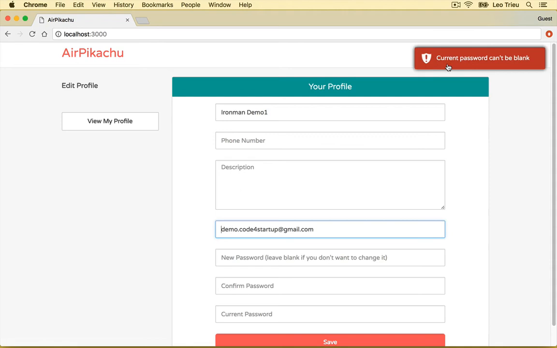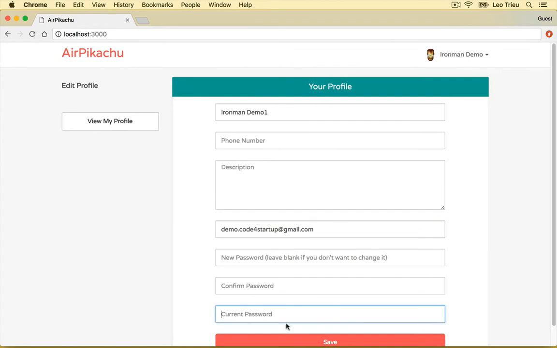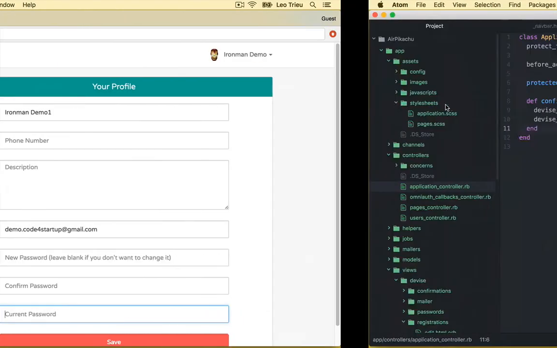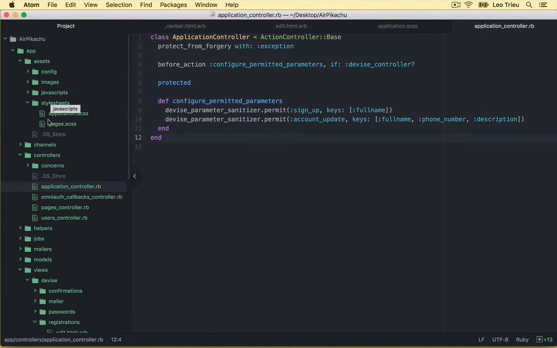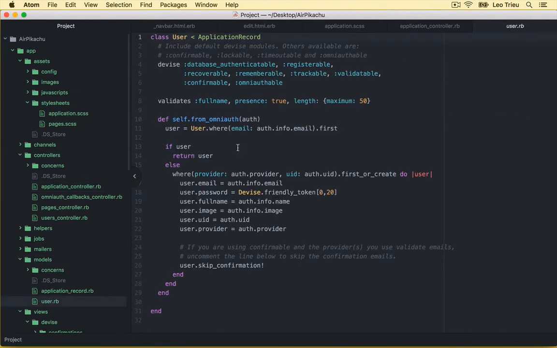It said the current password can't be blank. This is because whenever you want to update the change, you need to type your current password to confirm that once. But because I just signed up with Facebook, I don't know what the password is. Remember that in the models user.rb, when you sign up with Facebook, Devise just generates a random password for you. So we don't know which password it is. To be able to get this function to work, we need to allow the user to update the profile without providing the current password. So I want you to open views,